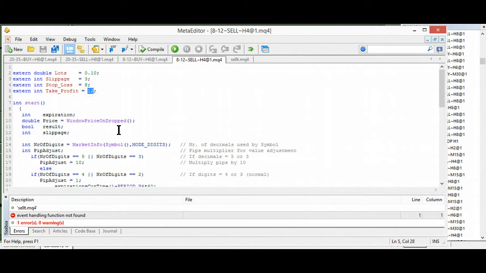This is almost break even. If I made this into a 22 with a 13 pip stop, which may sound very strange, you've got a 13 pip stop to make 22 pips, and you've chosen that ratio up front, and you stick to it. That's the old saw, which is, these cliches do work. It's just that most people don't follow them: plan your trade, trade your plan. That's basically what this script